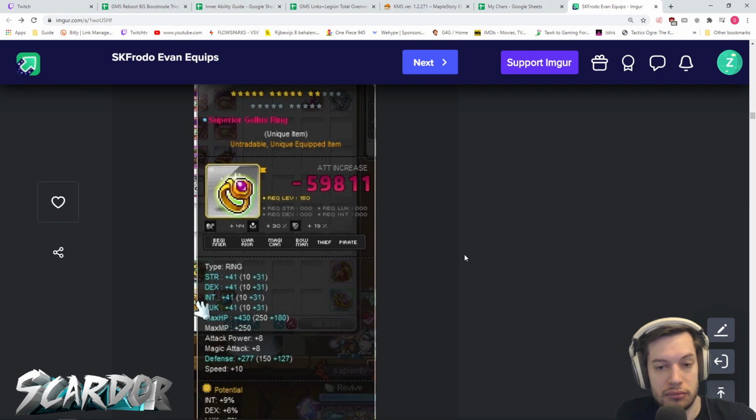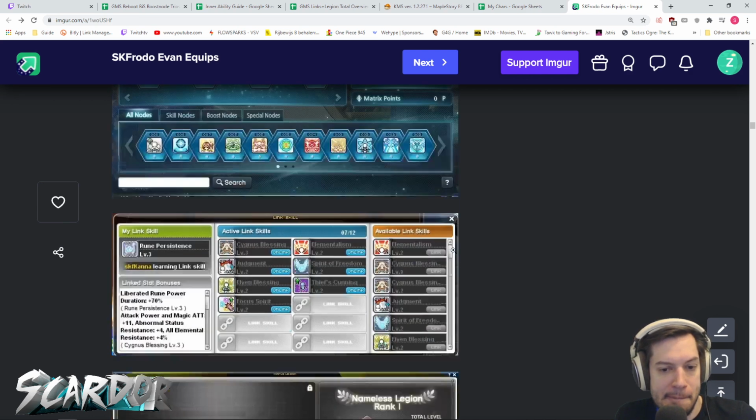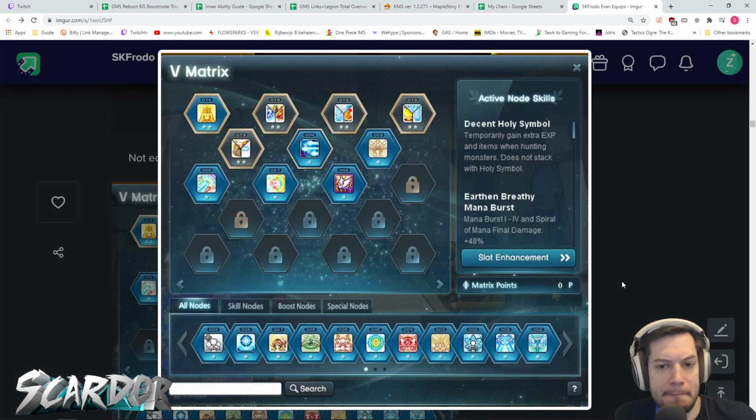Actually, that was something I wanted to know. I had another question about individual skills. Which one should I max first? People tell me my boost notes, and then people say holy symbol should always be number one. So then I'm just like,